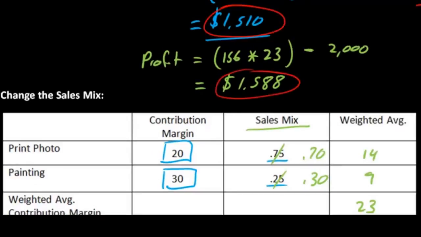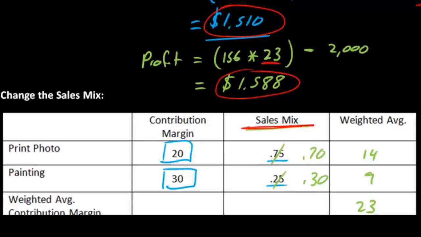So there's an increased profit. Our profit now is 1558. It was 1510 before, and we did that by just changing the sales mix. That's the only thing we did. And when we change the sales mix, the weighted average contribution margin went from 22.5 to 23,